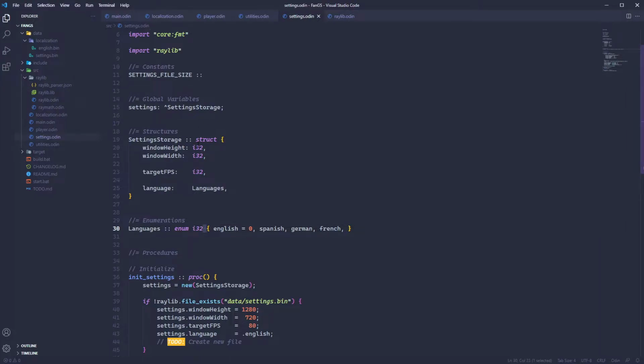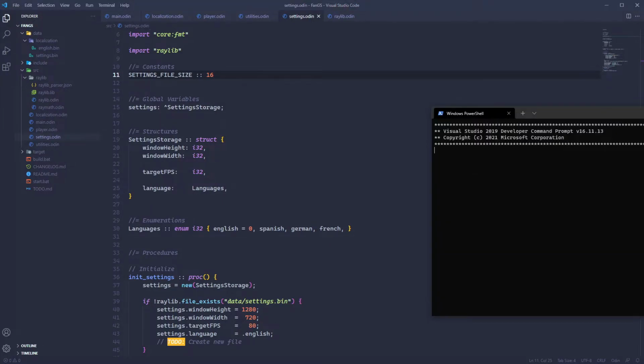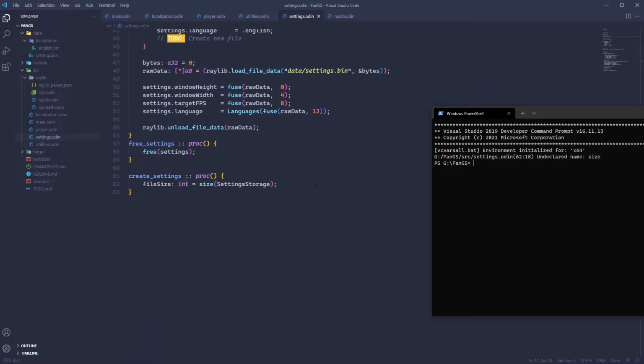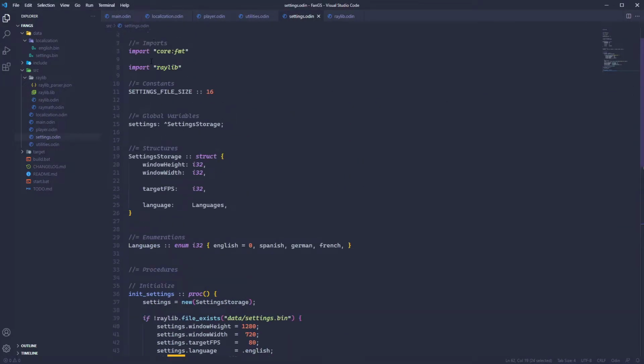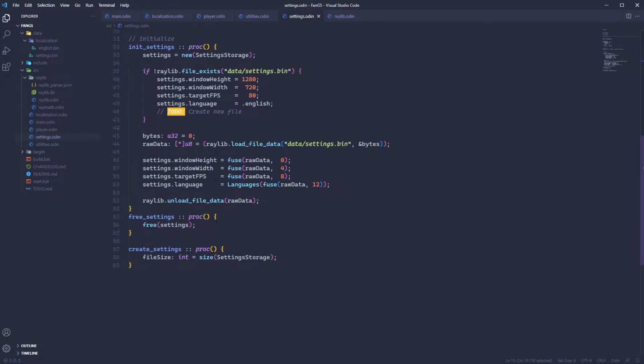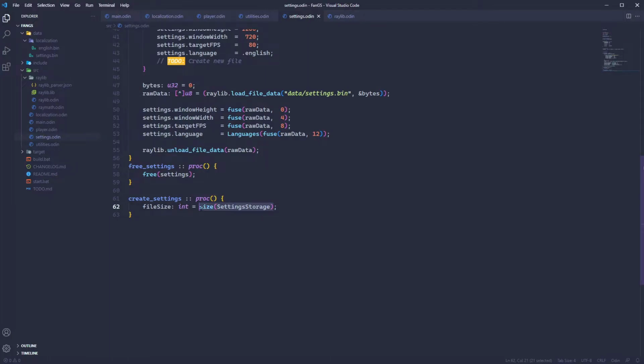Okay, so 16. Alright. Settings file size. I don't actually need to declare it now as a variable. So